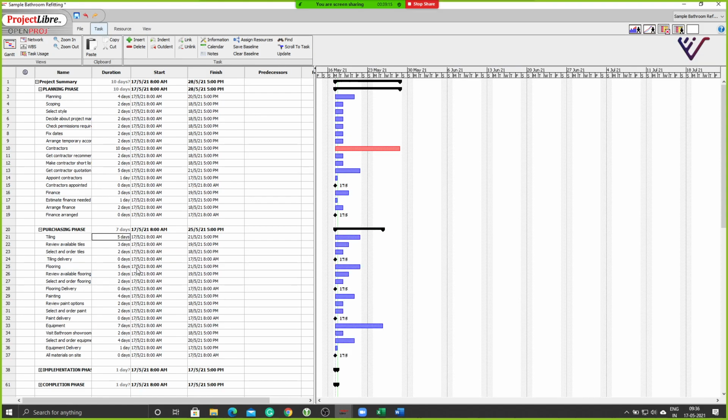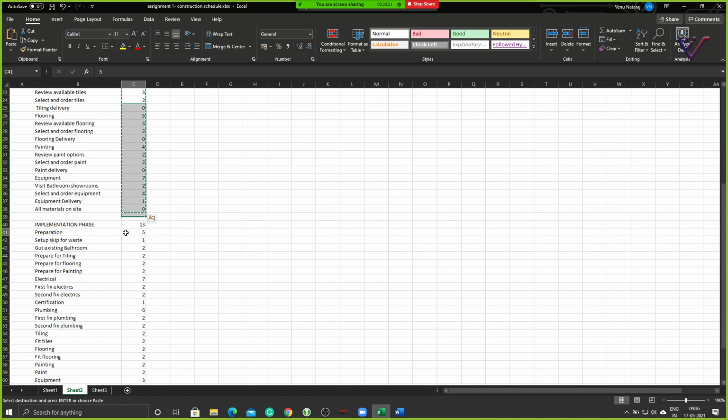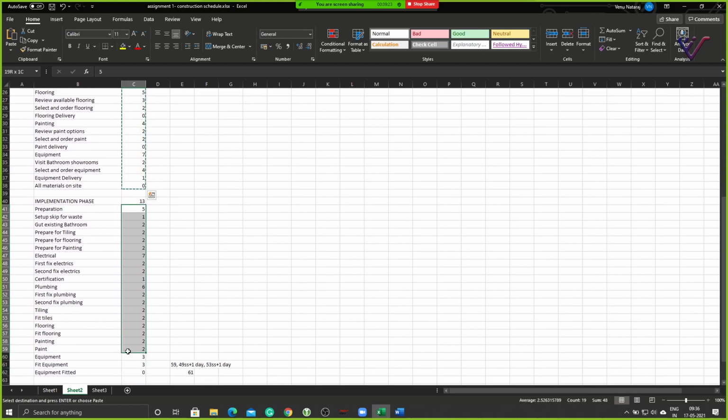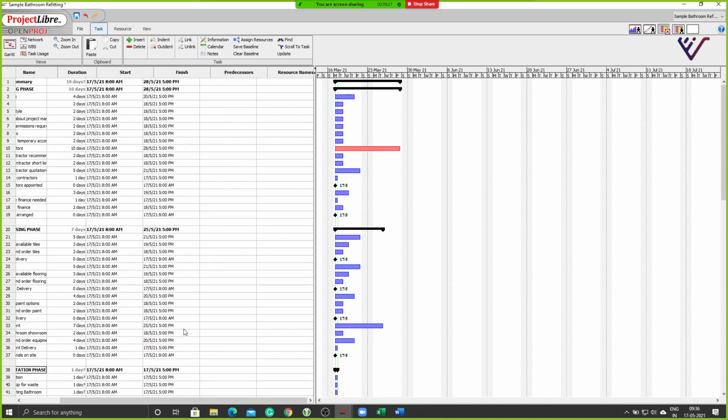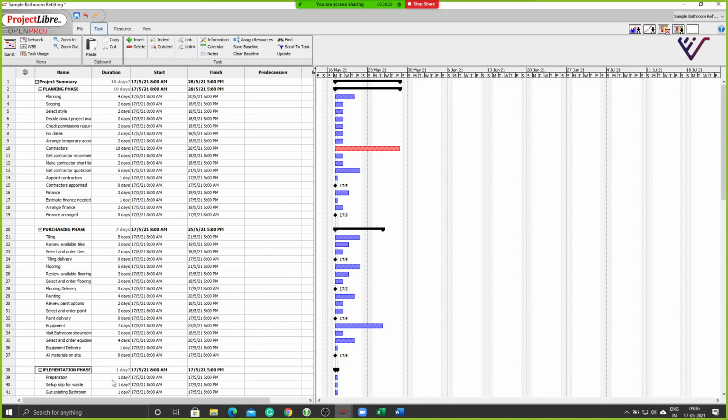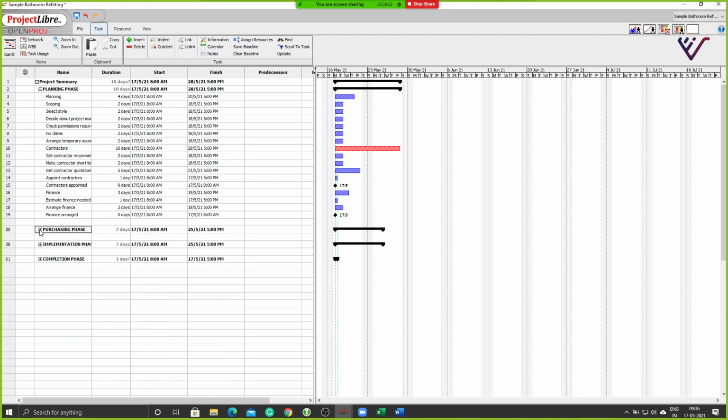Okay, I'll start with this. Let me come down to implementation now. Another thing that you all need to notice here, I will just explain that quickly. See these activities which are getting added as 0 days. Those are called your milestones.